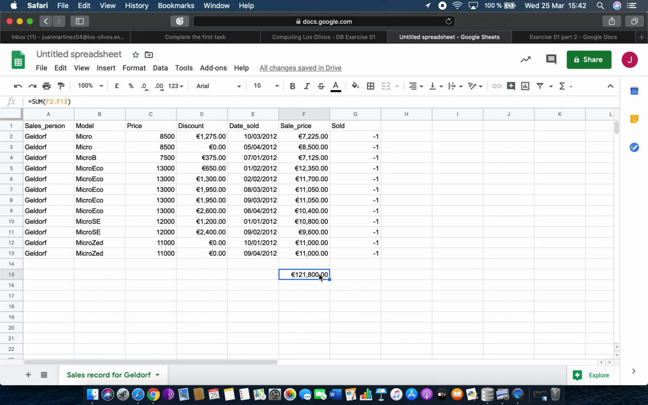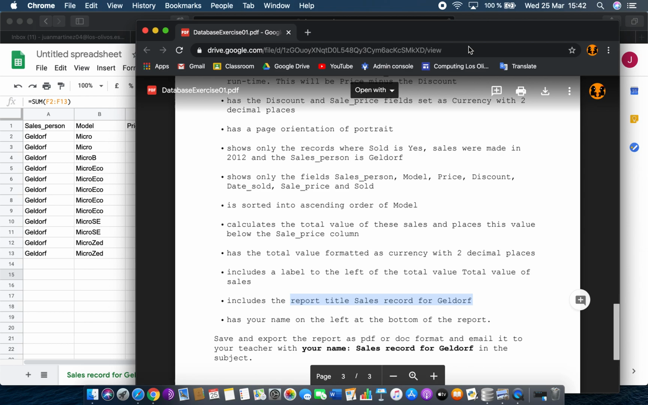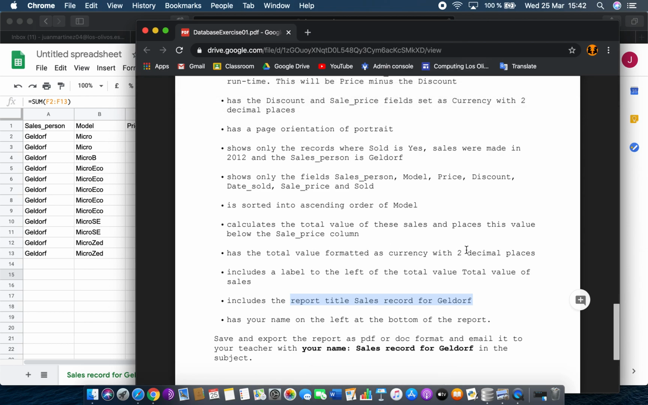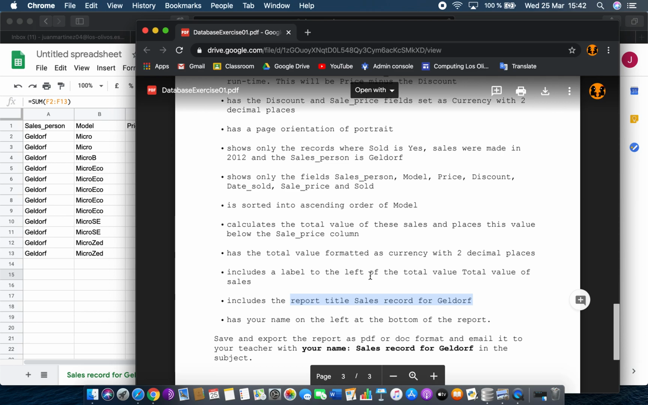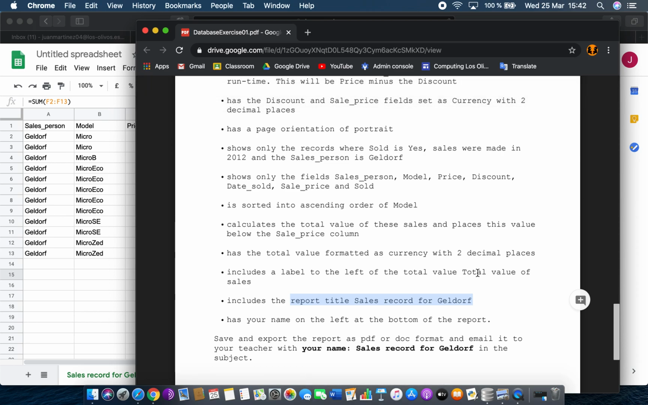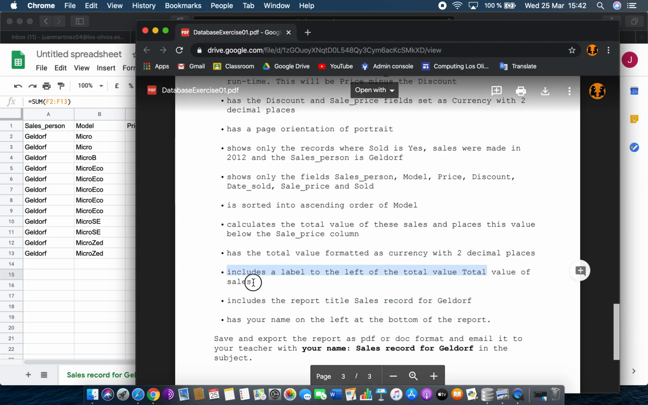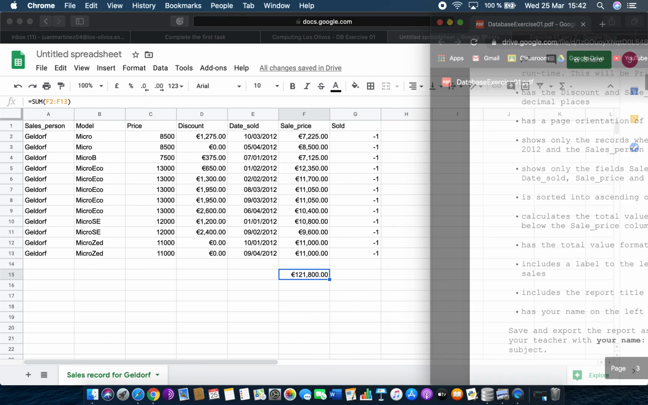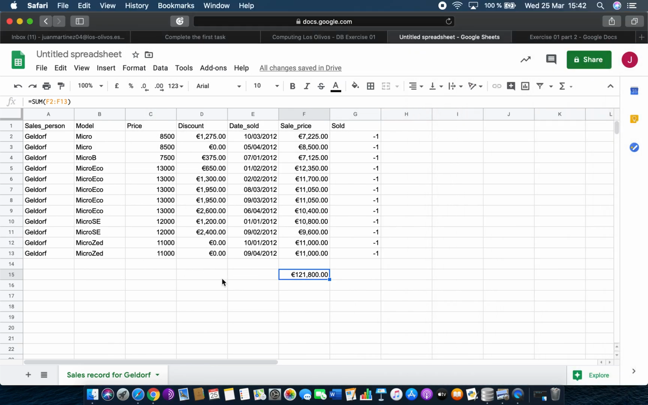They put a bit of artificial intelligence in there for us, and it says then on this document that has the total value formatted as currency, 2 decimal places as well, includes the label to the left of that value of the total value of the sales, right? Okay, so includes the label to the left of the total value of sales. Total value of sales. Okay, so I'm going to put it maybe here, total value of sales,